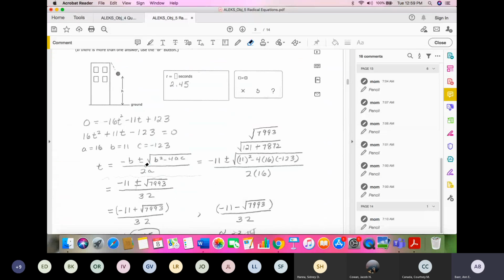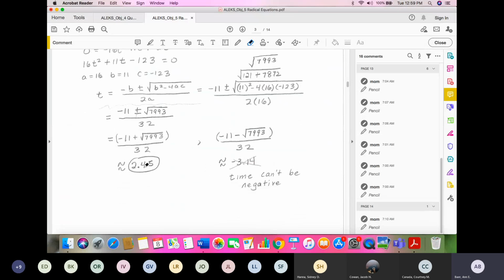Or did I mention Control C and Control V? Let's say you had to put both of these in, but we don't, okay? If you type this one in this form, let's say, you could Control C it, Control V it, and just change the sign from plus to minus. That's all I wanted to say about Control C and Control V. If you're familiar with that, Alex will allow you to do that, and it's very handy. But this problem wanted us to go to decimal and then so forth.